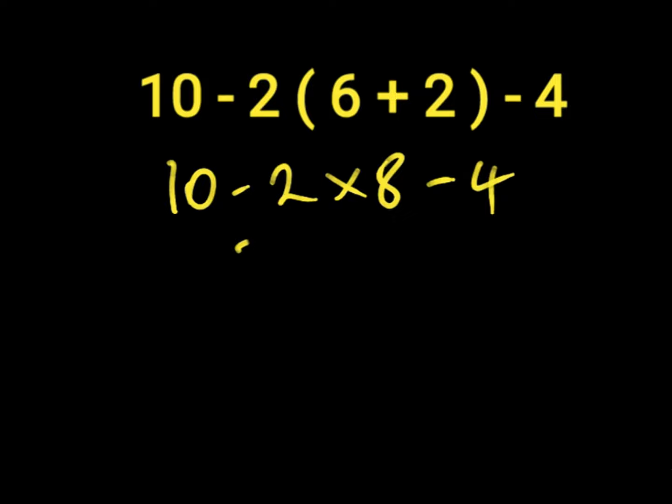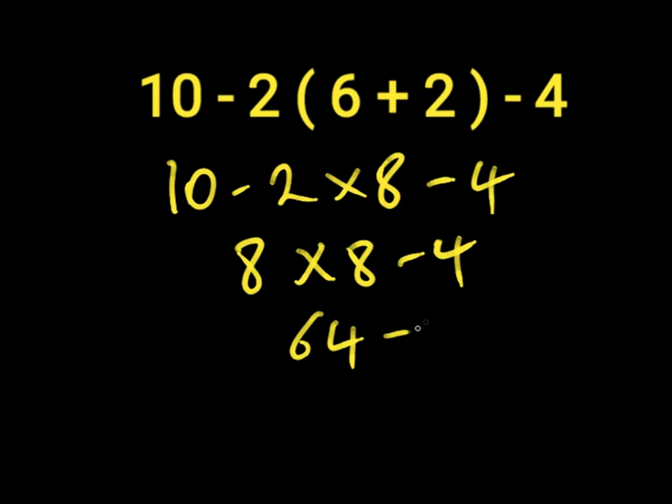10 minus 2 will give us 8. Then 8 times 8 minus 4. 8 times 8 is 64. Then we have 64 minus 4, which is equal to 60. So 60 is the wrong answer to this question because we did not follow the order of operation, which is